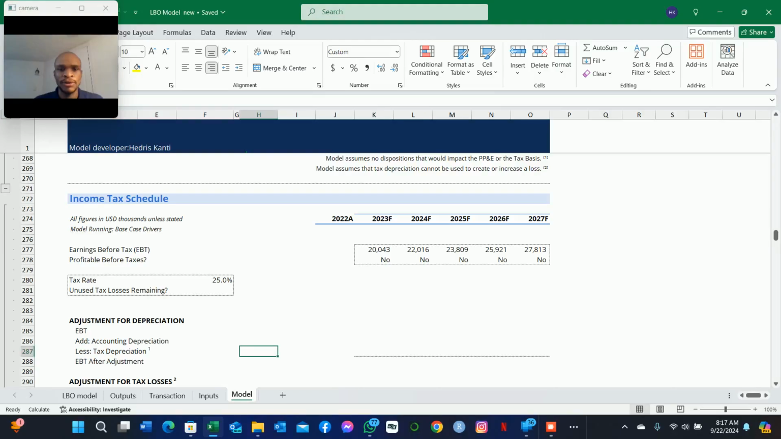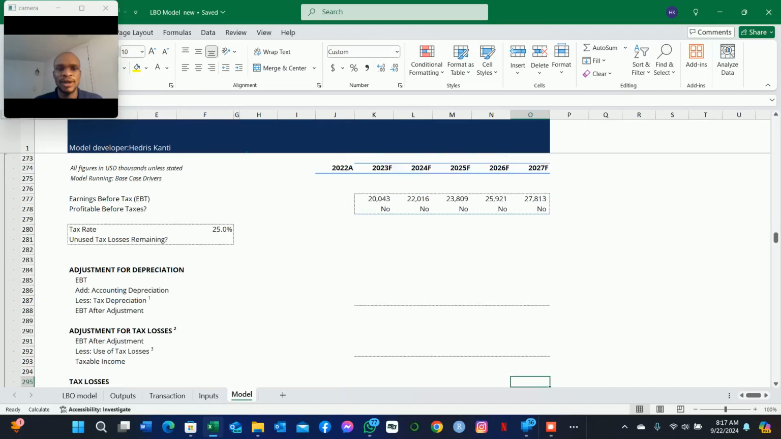So this year is gonna be based on the last period after we are done simulating our tax losses remaining. So if we have any balance here, we will have to account for that here. So if that balance is greater than 0, then we have a yes, or we have a no. So now going forward, we are ready to calculate our adjustment for depreciation. So in this case, we already have here the earnings before taxes. We account for that, and then we have to add back